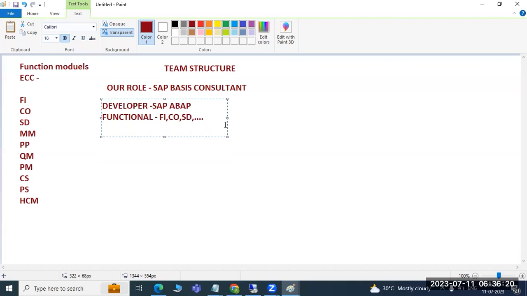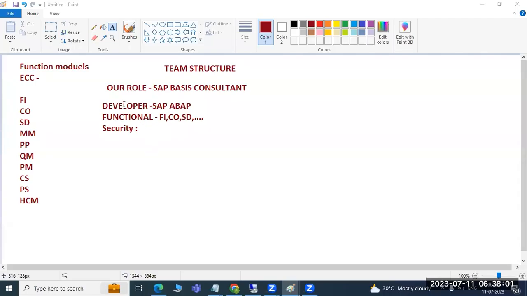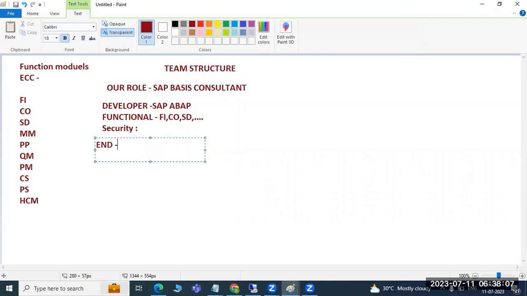They write the business scenarios and everything. They play the key role for business-wise work. But we are the main ones here. Why? Because if the system is down, they cannot access it, right? So that's why we are the main. Then security, we are the security people. So the structure is developers, functional teams, security, and end users who mainly work on the end